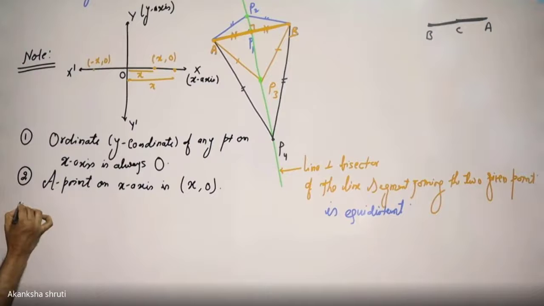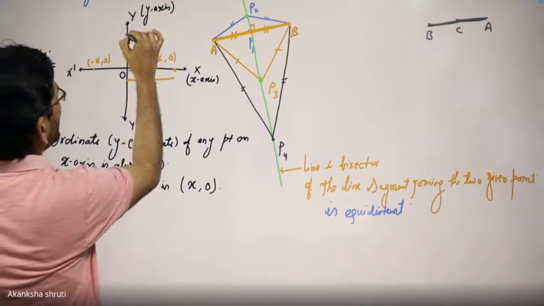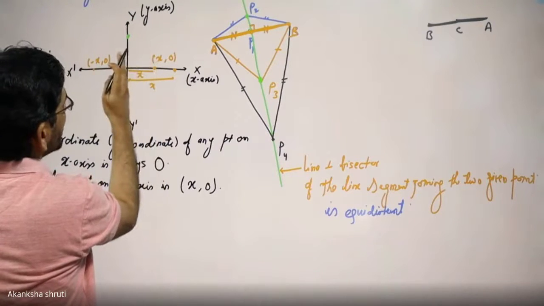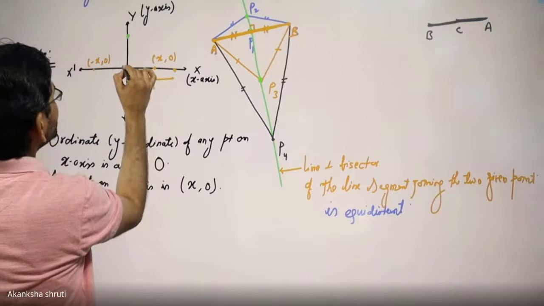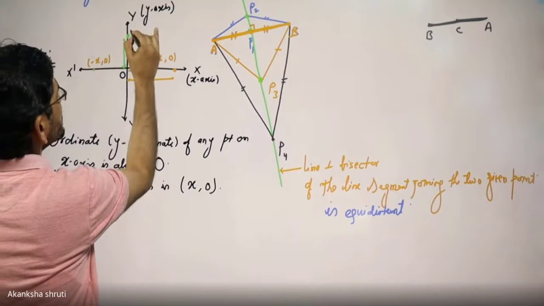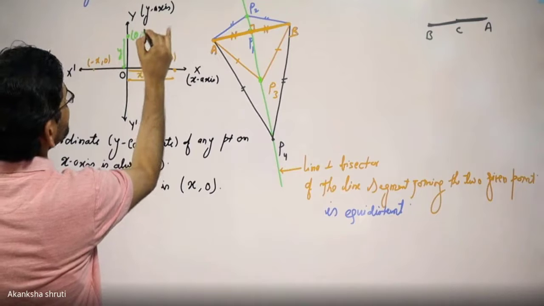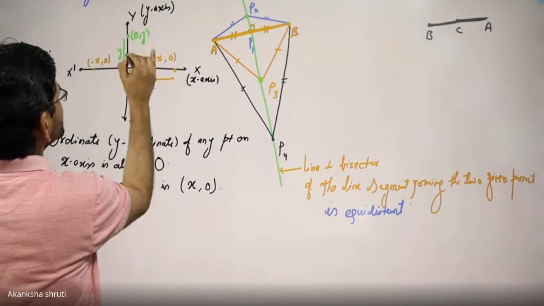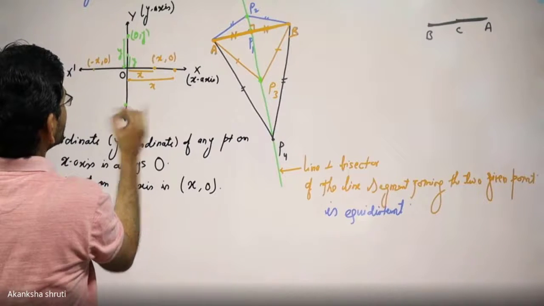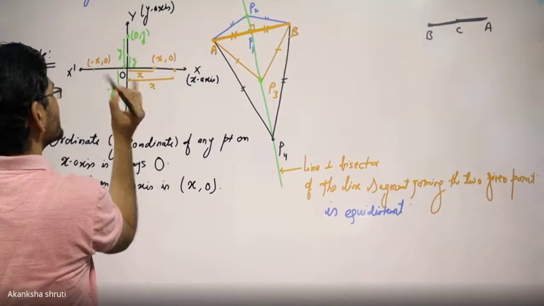Students, come to point number 3. If we consider a point on the y-axis, for this we need not move along the x. Directly we have to go for this y length. So the x value is 0, and whatever this length is, that will be the y. Even if we are considering this point, then we shall take this as y. If we are taking this point, then we shall take this as minus y, or this as y.